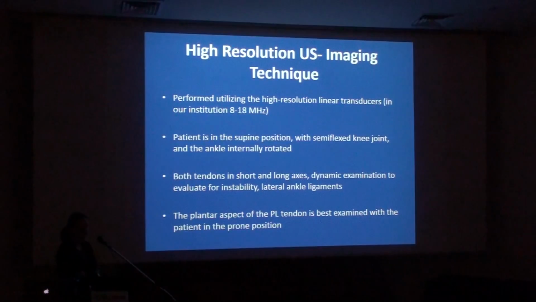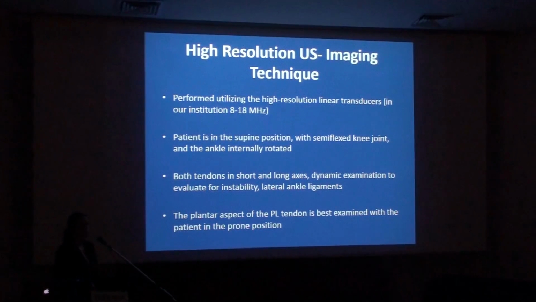Regarding the ultrasound, it is performed again using high-resolution linear probes, and in our institution we use an 8 to 18 megahertz linear hockey stick transducer. I like that probe because it has a small footprint and can accommodate the curved surfaces. The patient is in supine position with semi-flexed knee joint and ankle internally rotated for evaluation of the peroneal tendons,